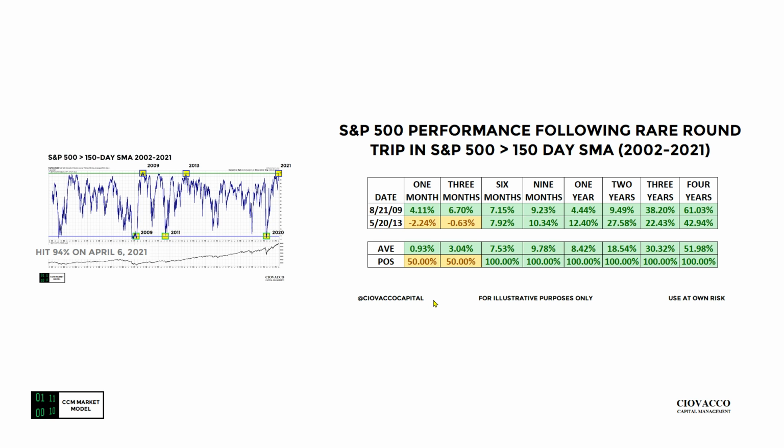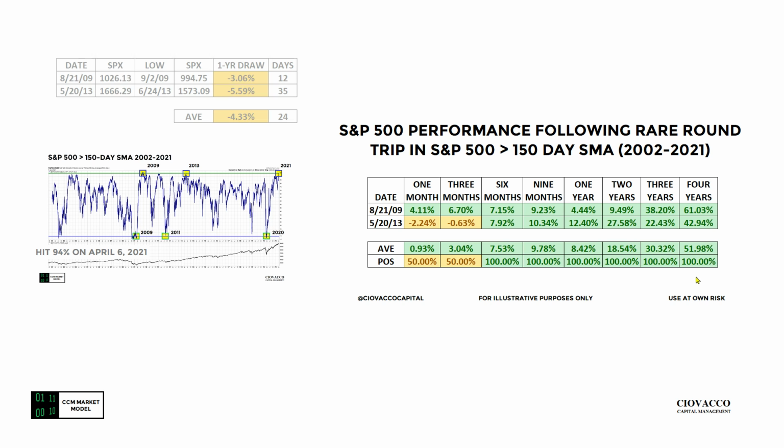For the most part, good things happened in the stock market. Average gain 3 years later was 30%, 4 years later, roughly 52%. To get to the right side of the table, in the two historical cases, the drawdowns remind us, even in the context of the strongest bullish trends, givebacks, corrections, pullbacks, all of that are 100% normal and to be expected. The average maximum 1 year drawdown after these two signals here was 4.33%, and it occurred relatively quickly, in 24 calendar days after the signal.